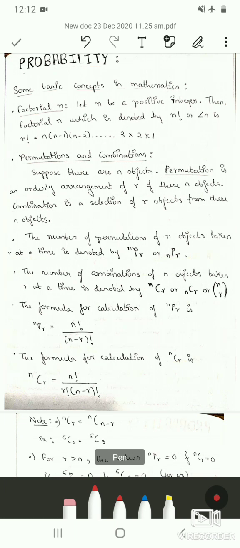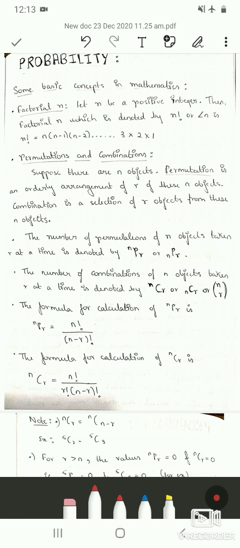This is called a permutation because in each of these arrangements of 2 numbers selected from the 3 numbers, the order of arrangement has significance, because 12 and 21 are 2 different things. Though you are using the same numbers, the order of arrangement has a lot of importance. This type of arrangement is a permutation. So there are 6 permutations.